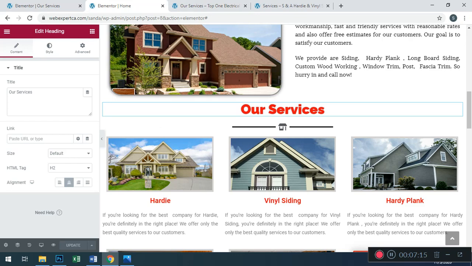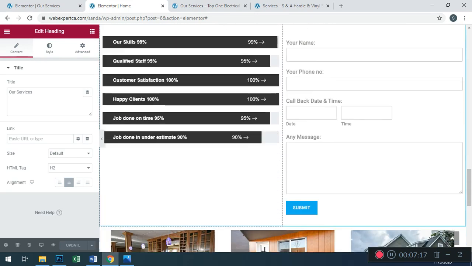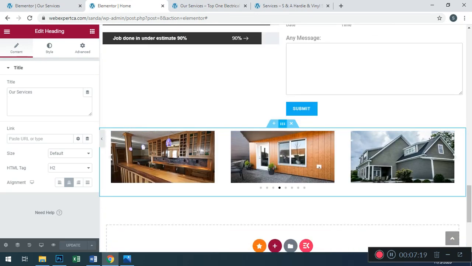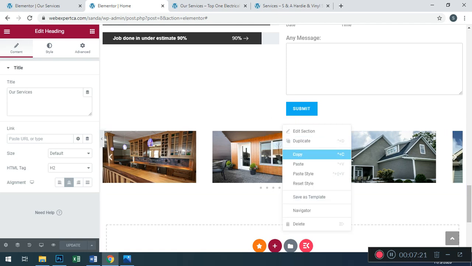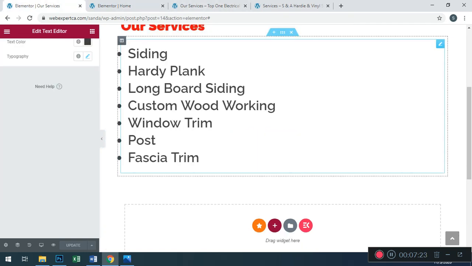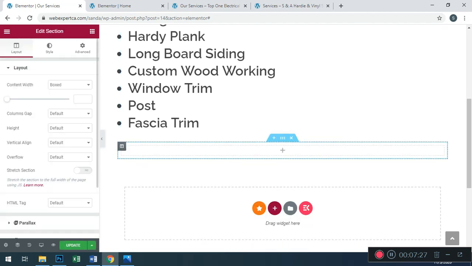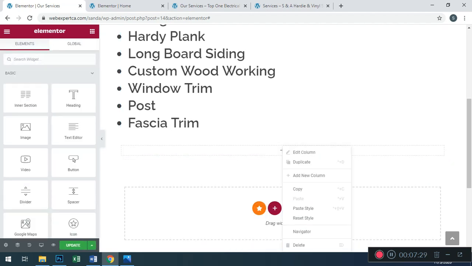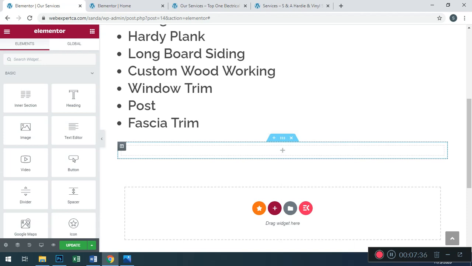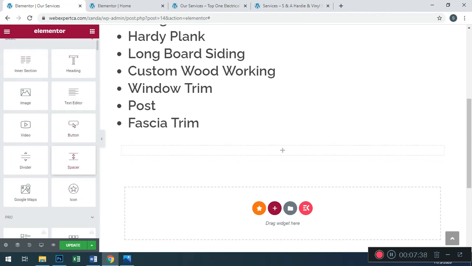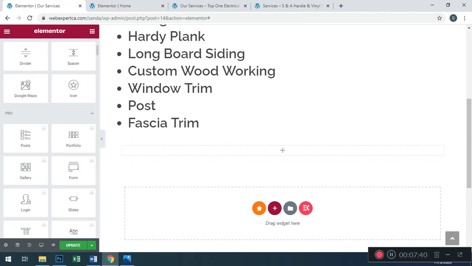I am going to add this section to our page. Press here, copy, and I'm going to try this for the first time. Let's see what happens. Paste, image console, no problem.